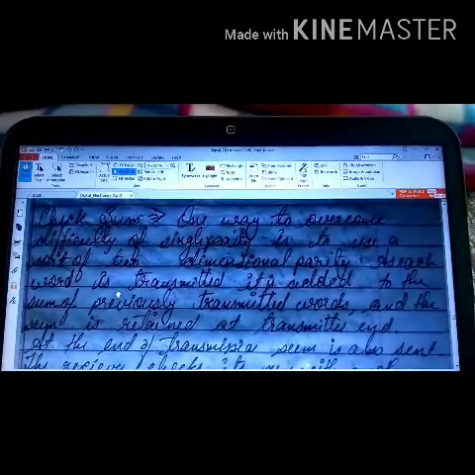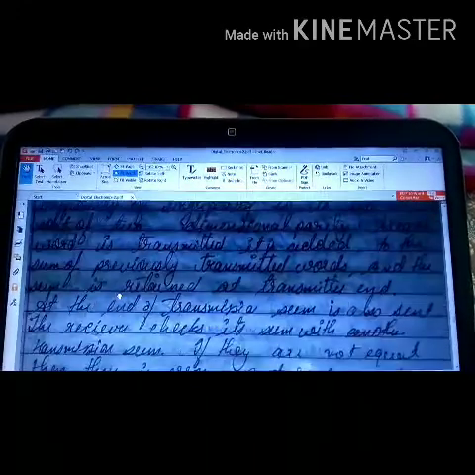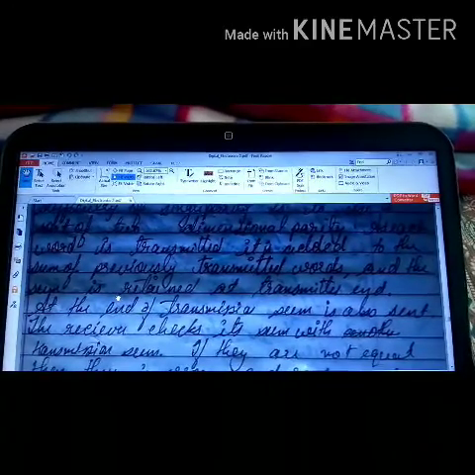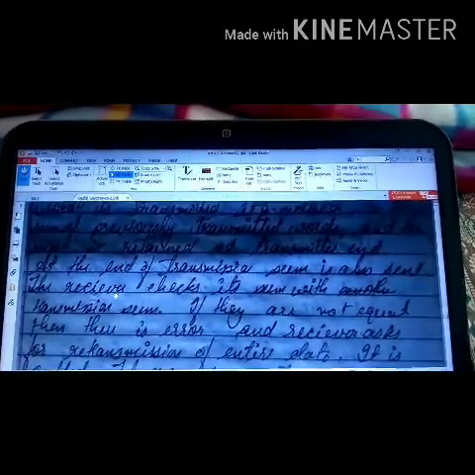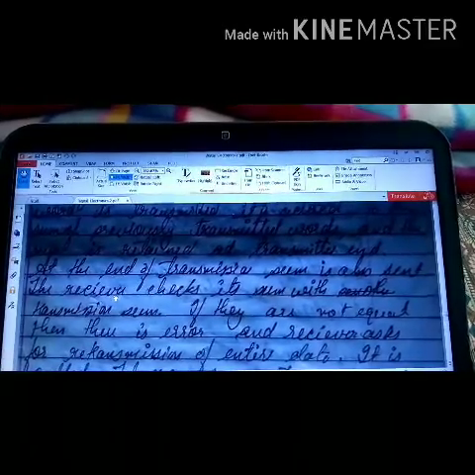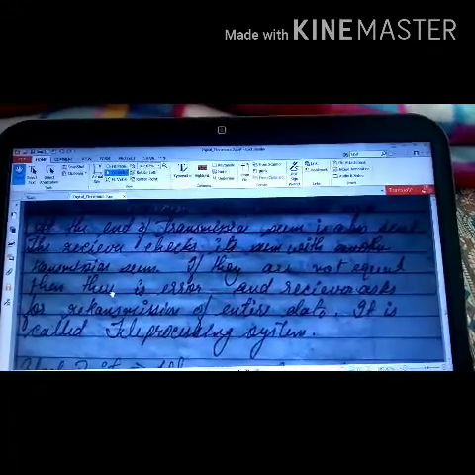At the end of the transmission, the sum of the complete words is also sent. The receiver checks the sum with the transmission sum. If they are not equal, then there is error and the receiver asks for retransmission of the entire data. Okay, it is called teleprocessing system.